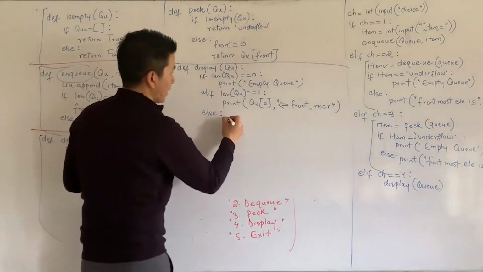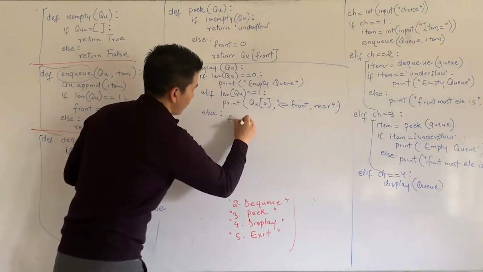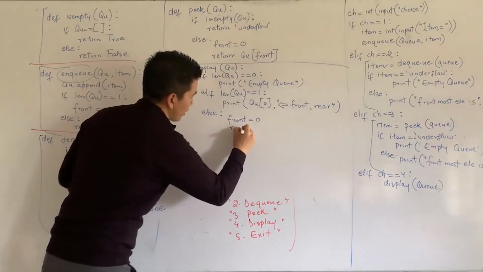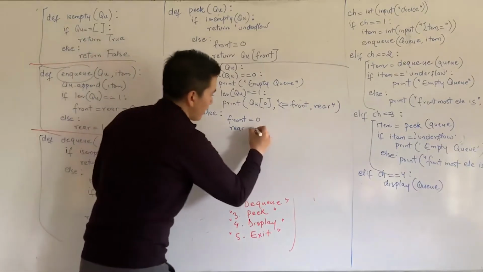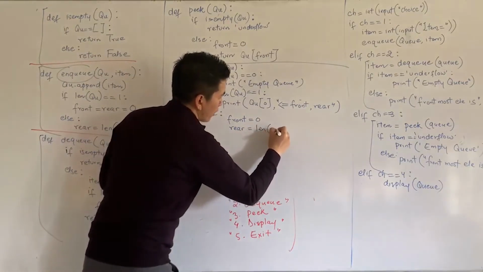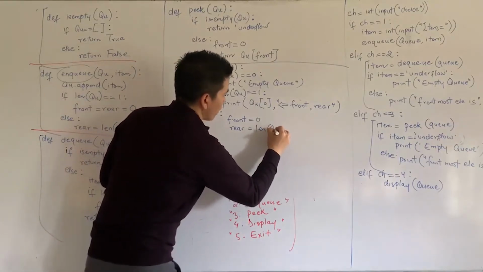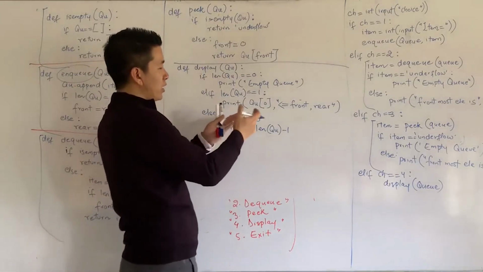Okay, so first things first, I have the front value set to 0, and then rear value set to, how do you get the rear value? Remember, it has to be length of queue, and then minus 1. So once you get the front value, rear value,